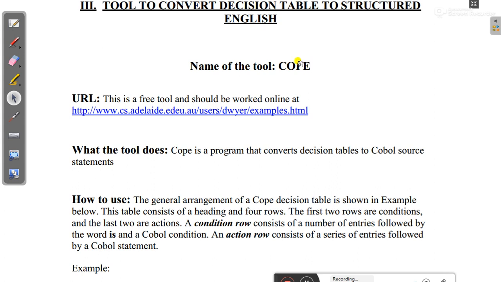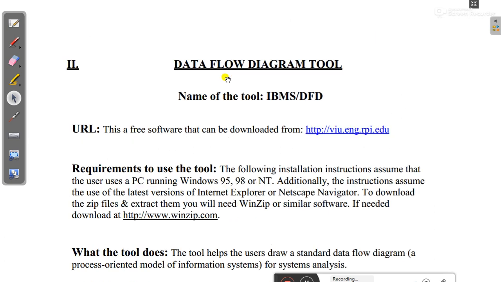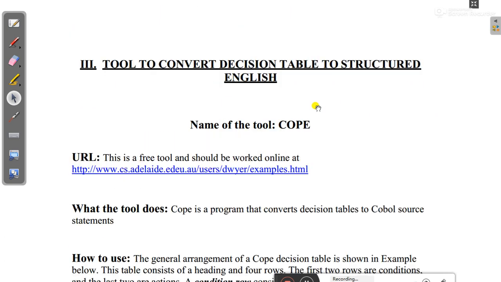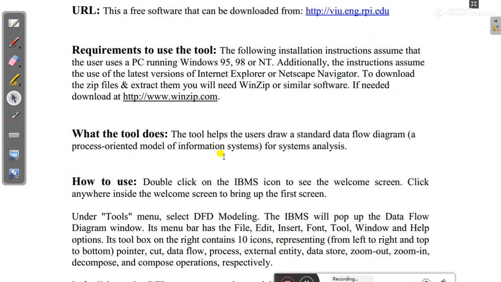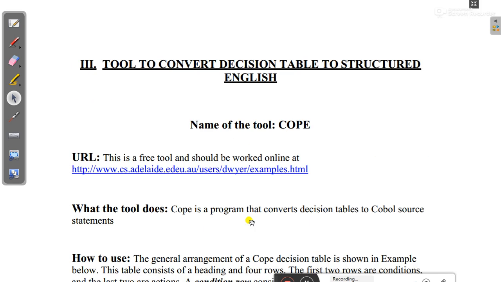So this is one type, we can say lower case tools. But this DFD tool is a higher case tool or upper case tool, because it is involved with the coding part. This is transferring to the code part, but here no coding is done. This is simply drag and drop concepts. Okay,